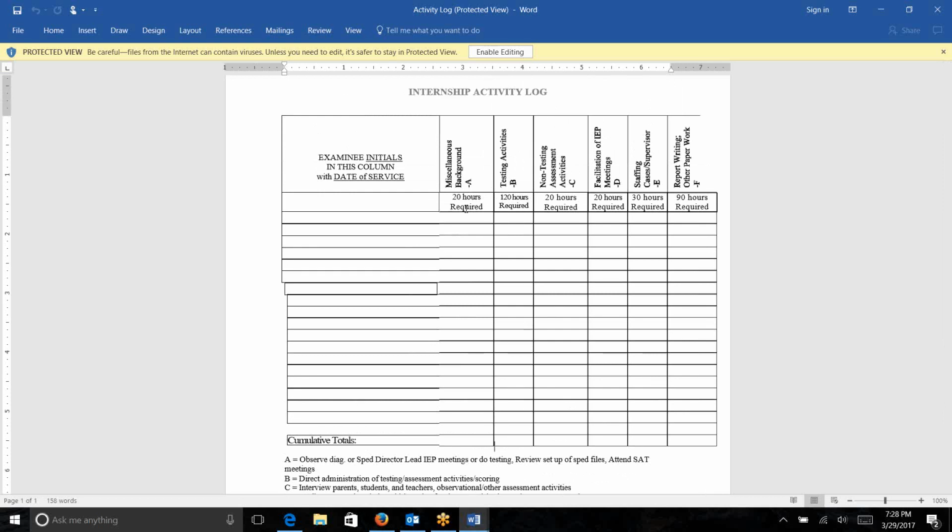Do we sign the report as like a diagnostician intern and then our mentor sign it as the licensed diagnostician? I really would rather y'all not sign it at all. Okay. Yeah, because